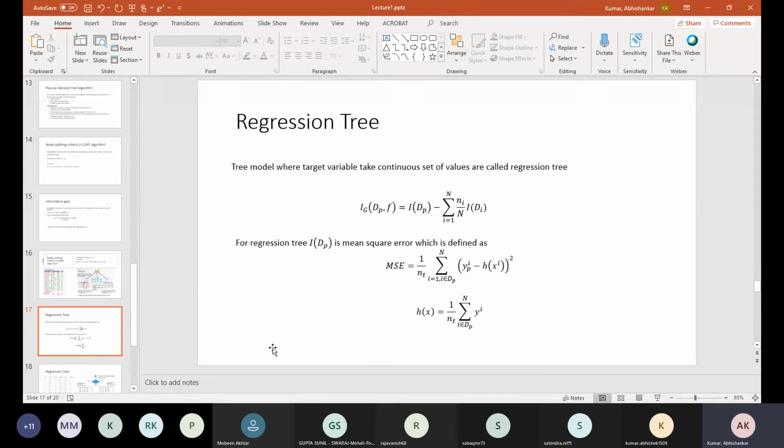So y minus y bar. Hx is nothing but y bar. Bar we call it for mean. That is MSE, mean square error. So y is your actual output, hx is the predicted output, and the predicted output is nothing but the average. So hx is going to be replaced by this average value. You subtract the average from the actual values, sum it up, and see what the MSE is.